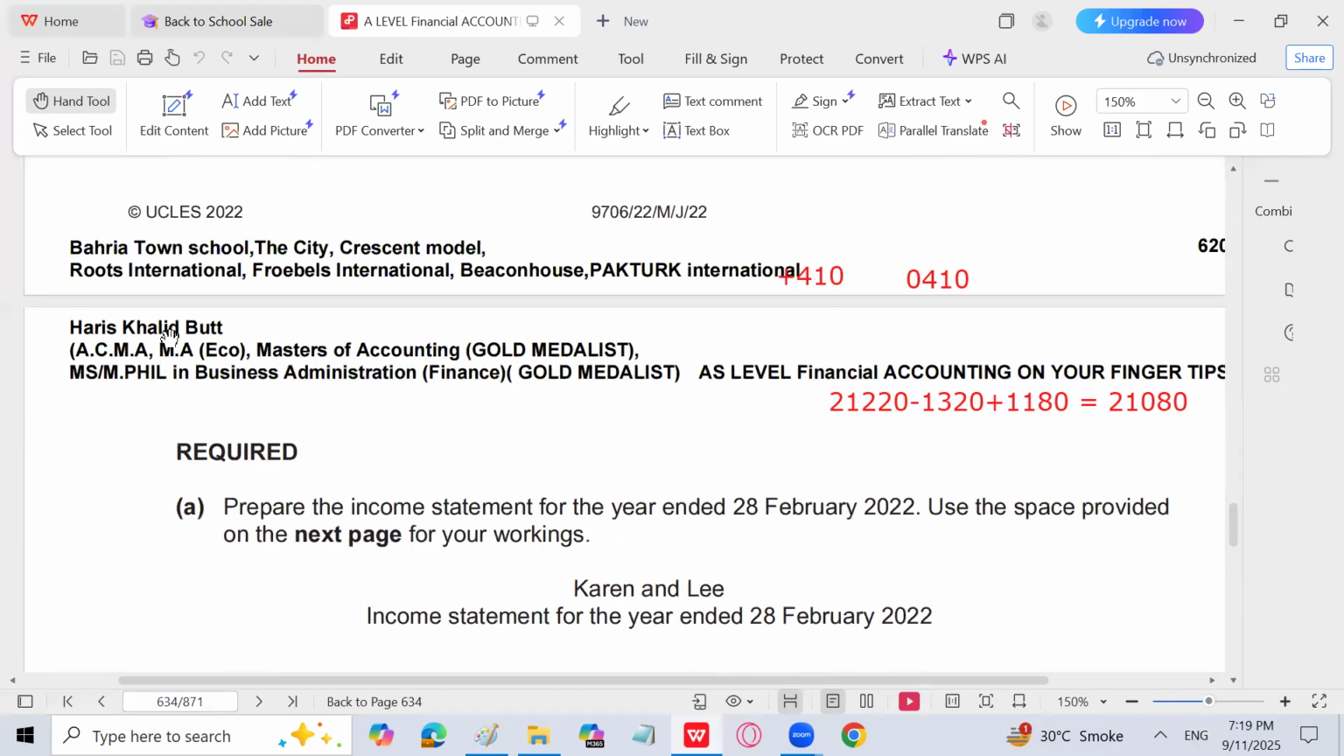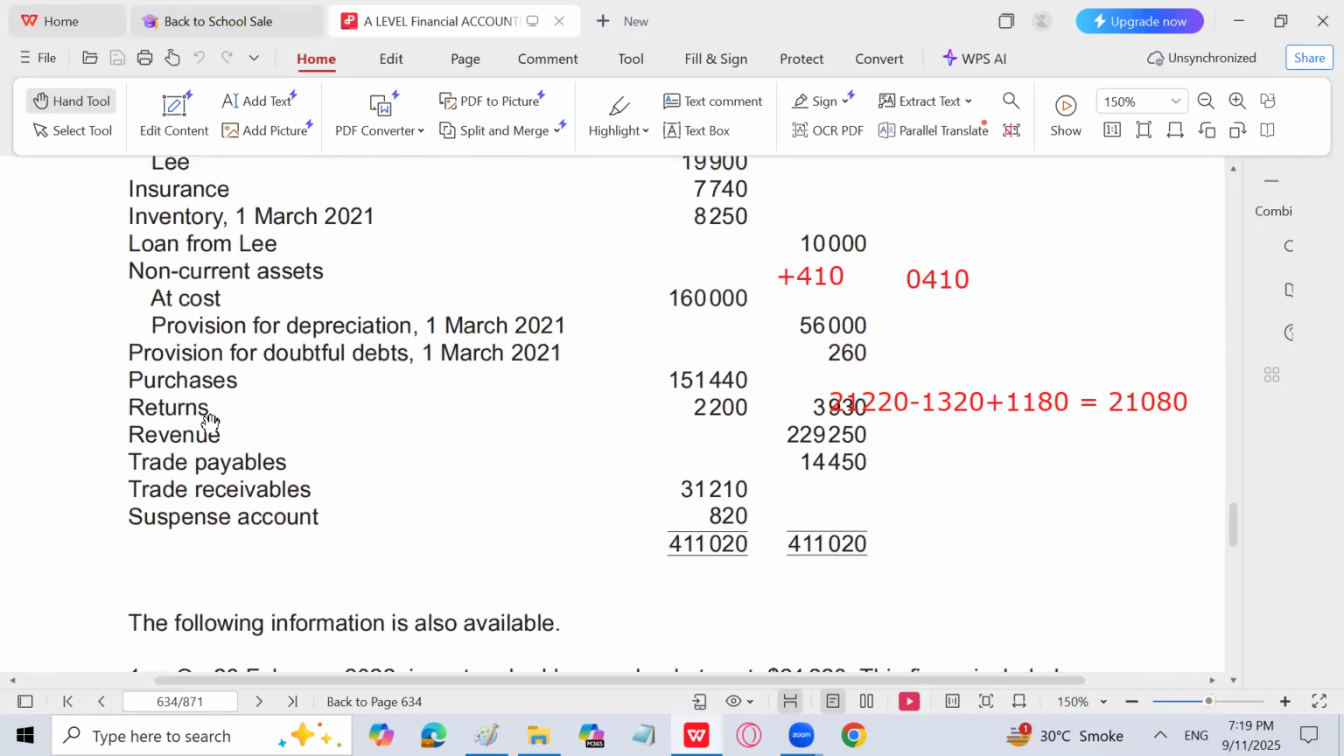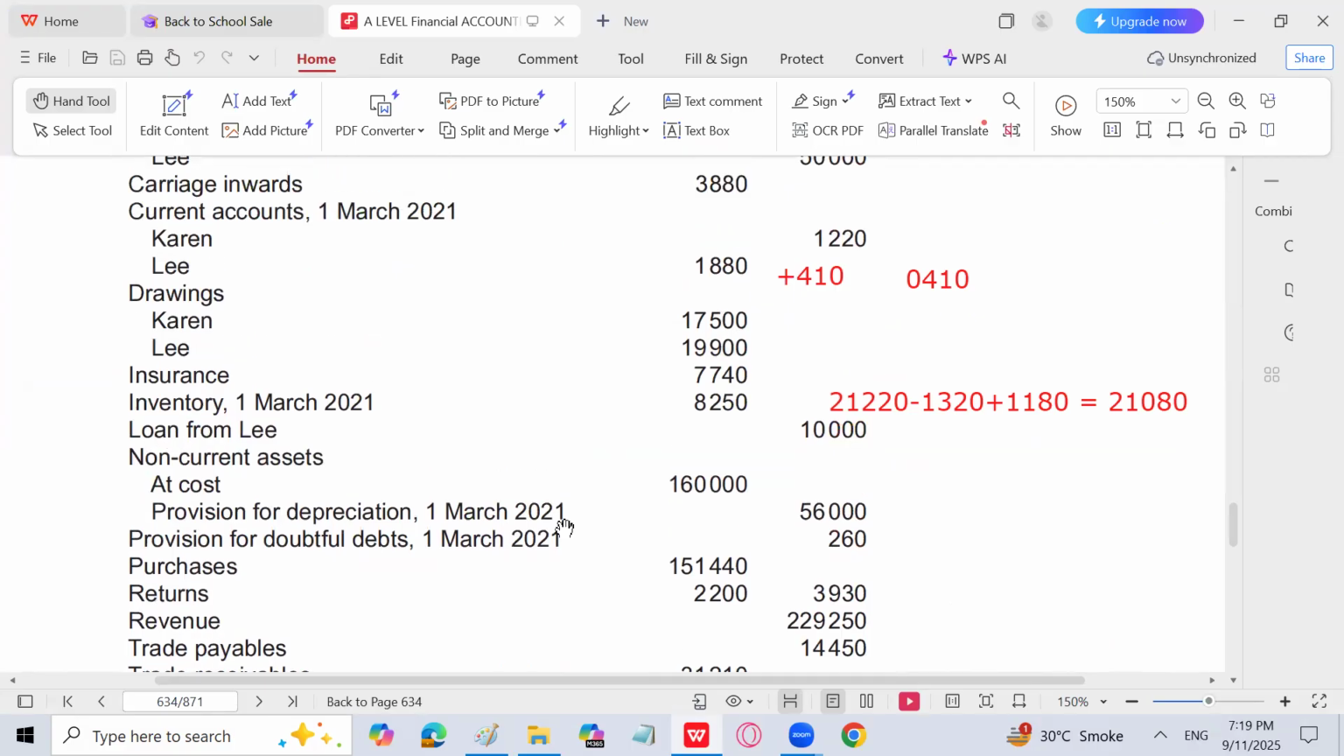Okay, May, June 22 income statement you have to prepare. So let's go for it. And for that particular purpose,